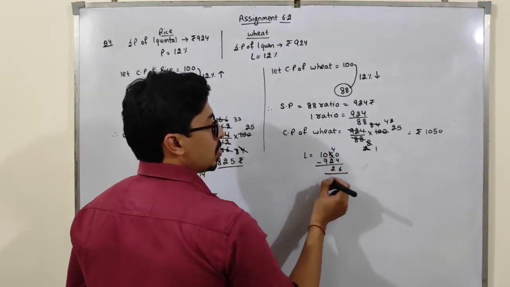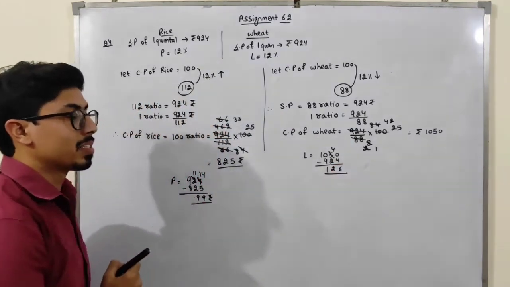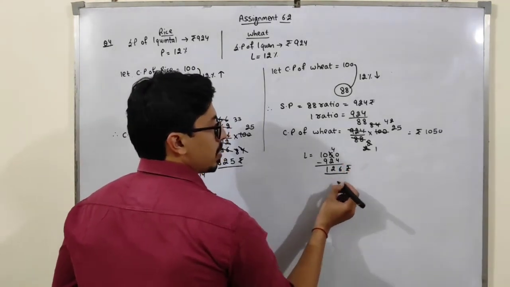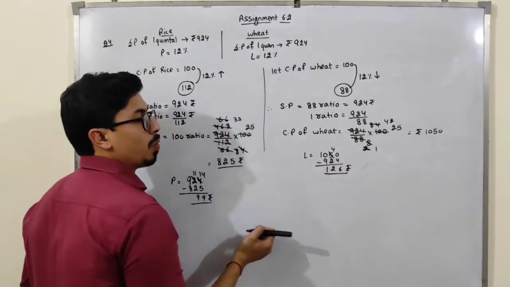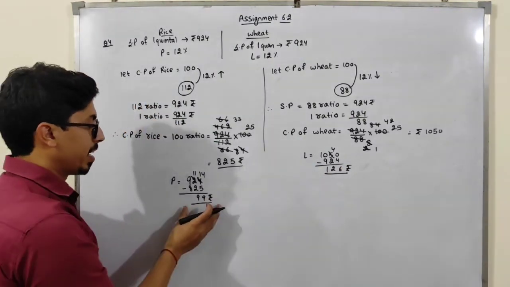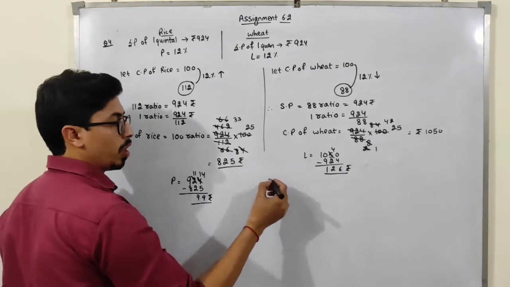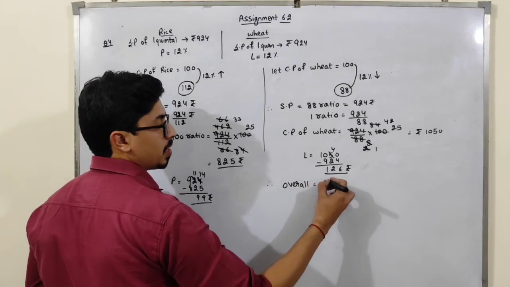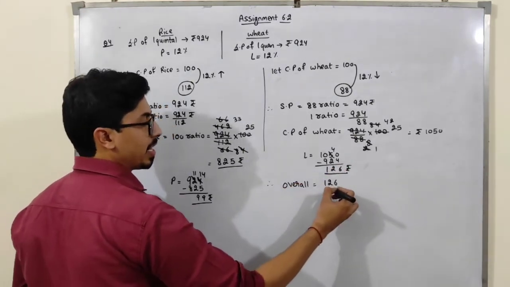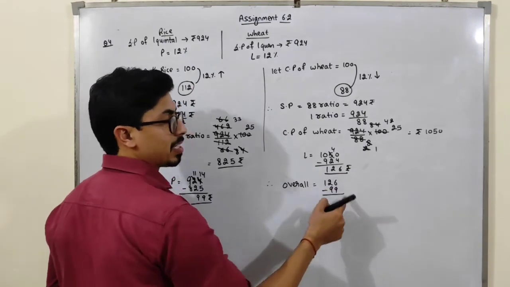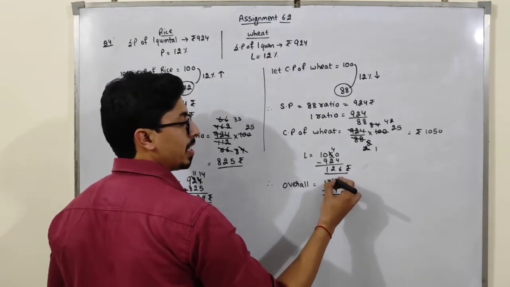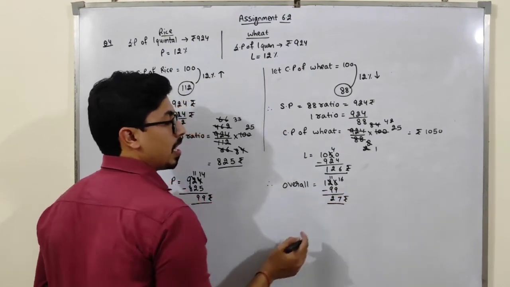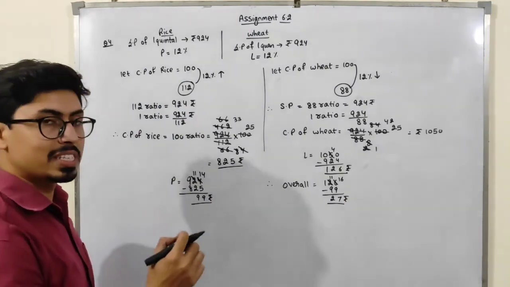Okay, so 126 is the amount that he loses. Students, 6 4 is 10, 1 2 is 4 5, yes. 126 is the amount that he loses here, but here he earned a profit. So that means in the overall transaction, he loses 126, and if I just subtract these two, students, it will be 16, and this will be how much? 11. So 27 rupees. So in the overall transaction, he loses 27 rupees.